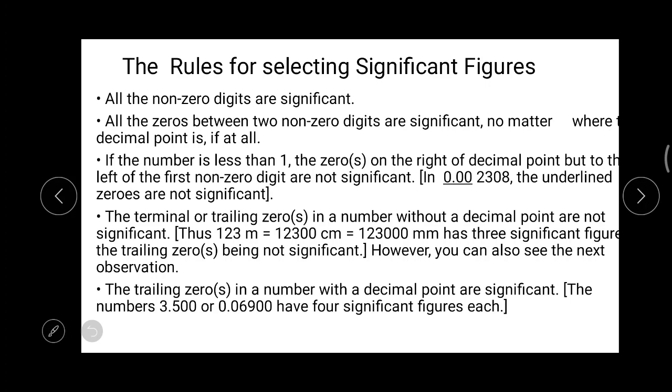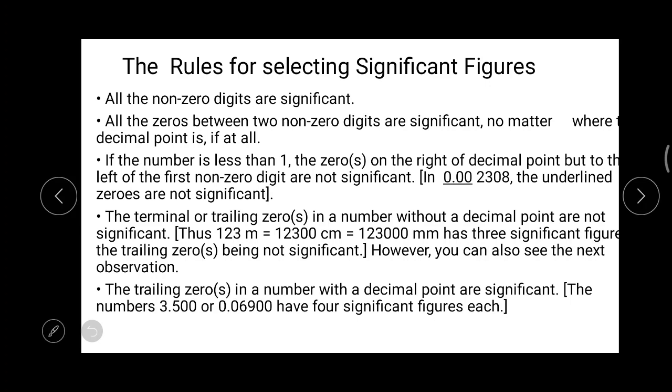Okay, so the major rules, you should remember these rules. These are necessary, and for the calculations and for finding out the significant figures, you have to use these rules. The first one, all the non-zero numbers are significant, and the next one we have studied, all the zeros between non-zero numbers are also significant, and the third point that we have studied, for values lesser than 1, the 0 before and after the decimal point till a non-zero number, the zeros will be non-significant. Okay,